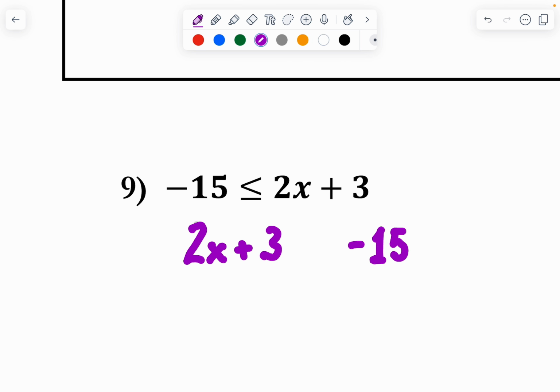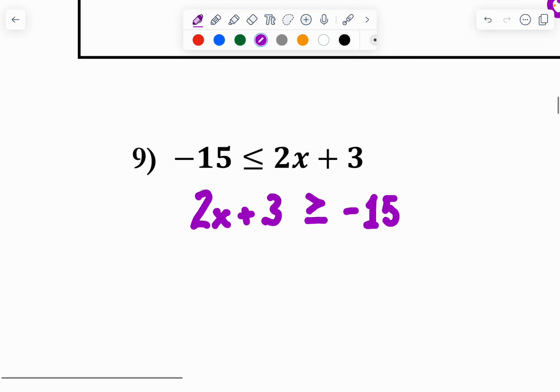Now, here's where you have to be really careful. The way that I look at this is this inequality is pointing at 15, right? I know that says less than, but I just want to think of it as pointing at 15. So when I rewrite this, I want to make sure my inequality is still pointing at negative 15. And now I can do